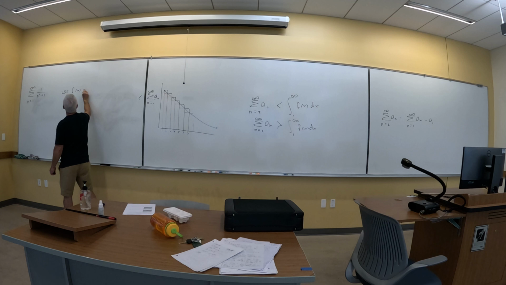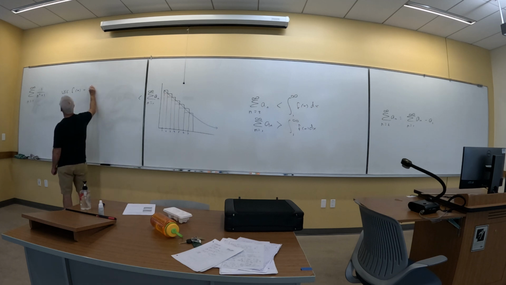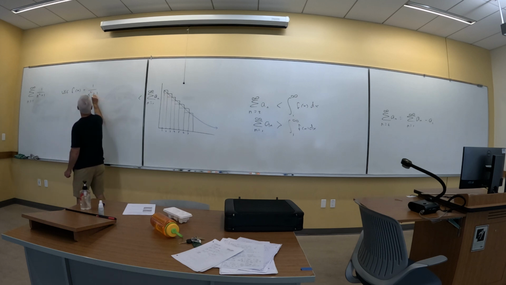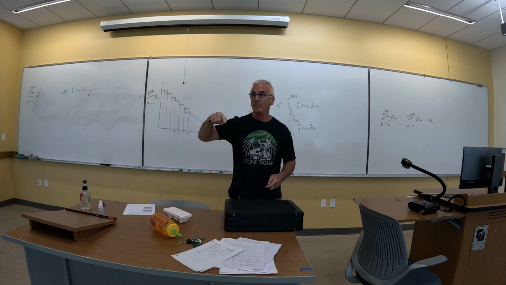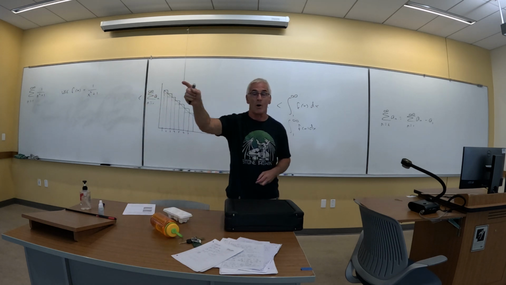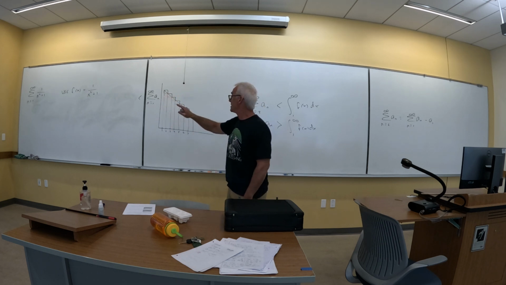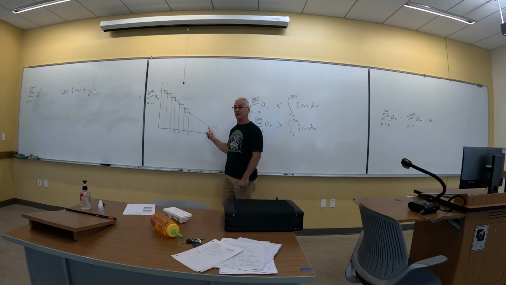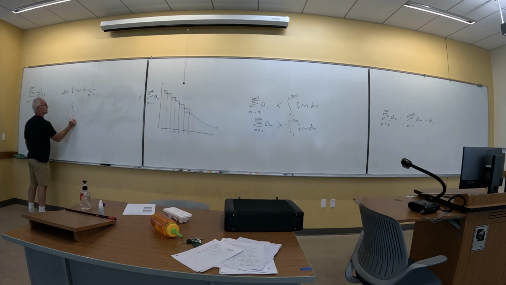So what am I going to use as my function? Anybody? 1 over x squared plus 1, yeah. I'm going to use that. I'm using the exact same function. Why? Because f of 1, f of 2, f of 3, f of 4, and so on will match the terms of the series. The difference is this is continuous. So this would produce an area, which is not the same as the sum, but we know it's going to be relatively close. So if I use this, then the problem I want to solve